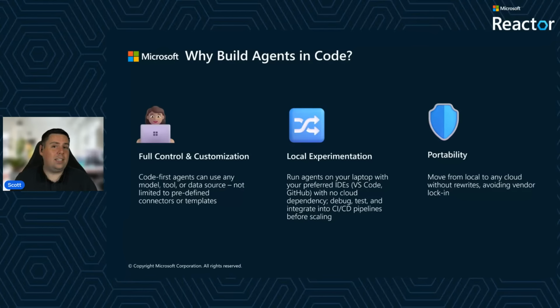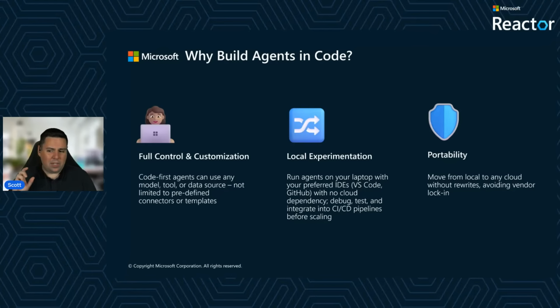The other key thing here is that when we're building agents in code, we can actually begin to use agents to build agents. We'll touch on this in a demo at the very end. We can use off-the-shelf agents like GitHub Copilot to assist in building. This gives you the best of both worlds, being able to have more of a specification or user-requirement-driven approach without necessarily having to write everything from scratch.